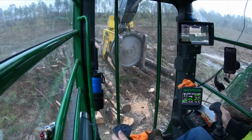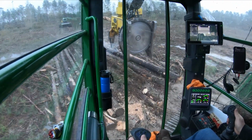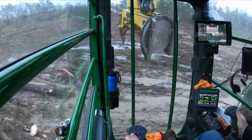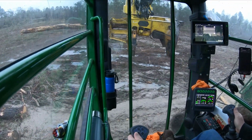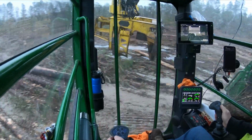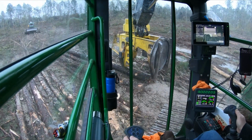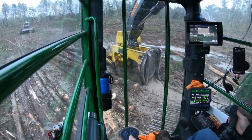So what I'm doing here is Michael has brought a drag of wood up here to where we're building this one particular mat. Set this off to the side. And I am taking the FR50 saw head and placing...